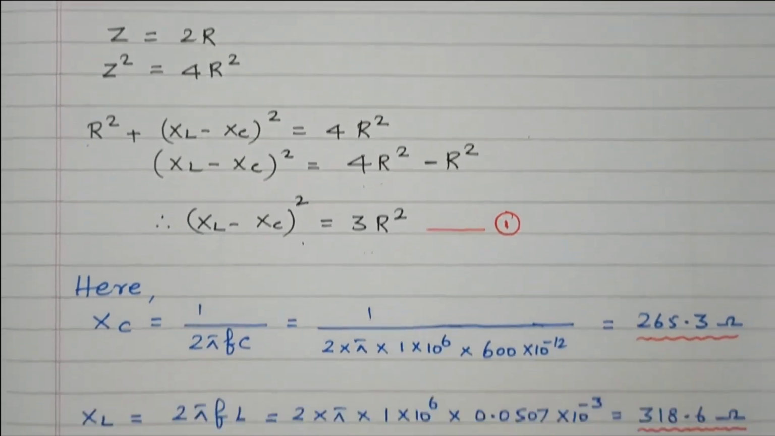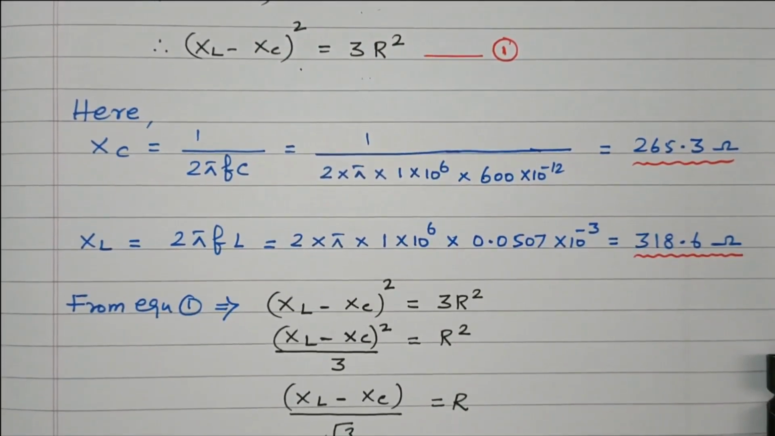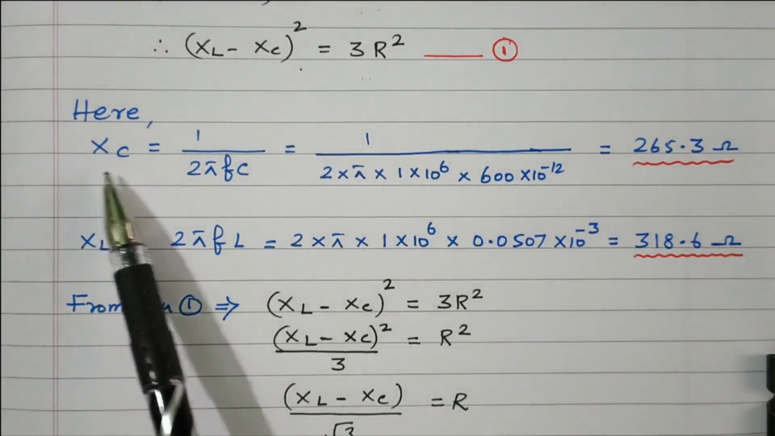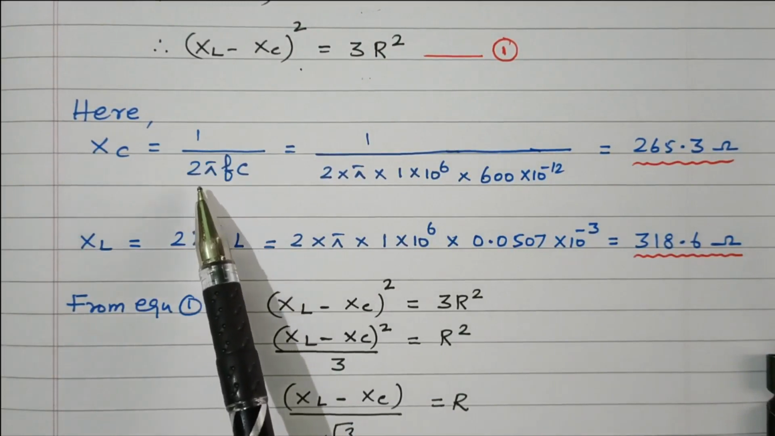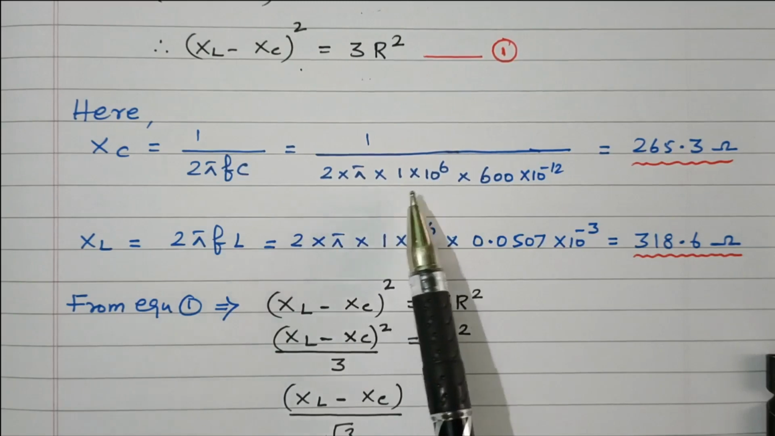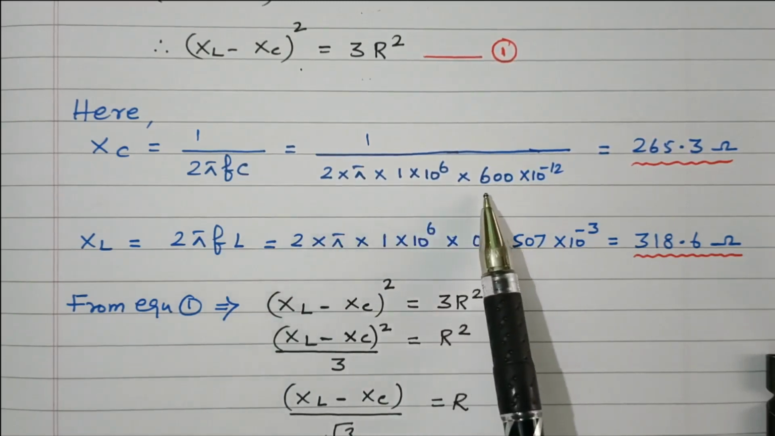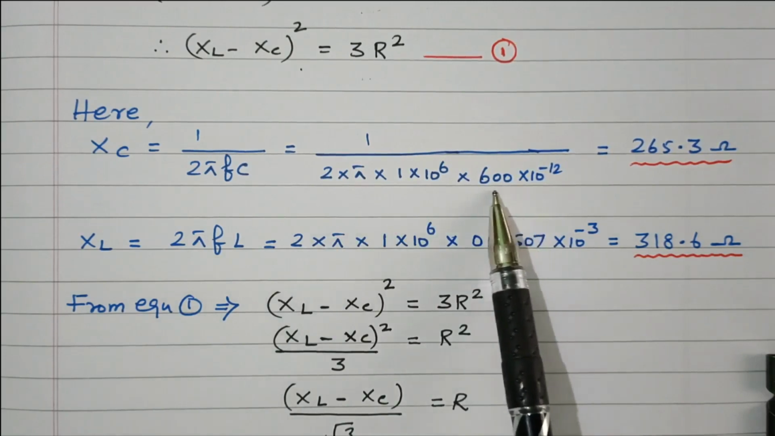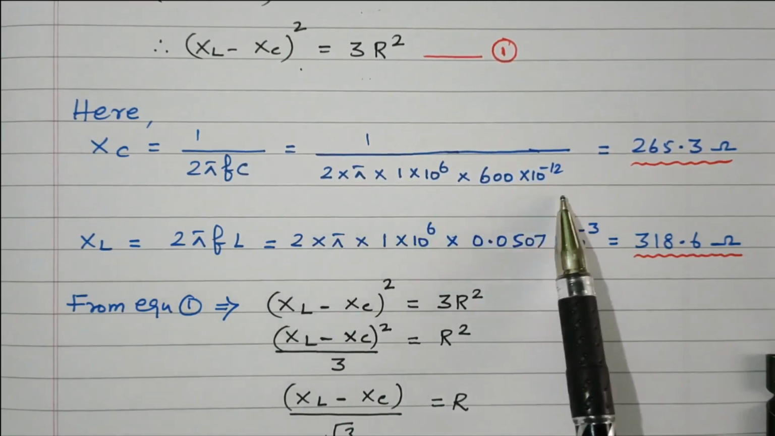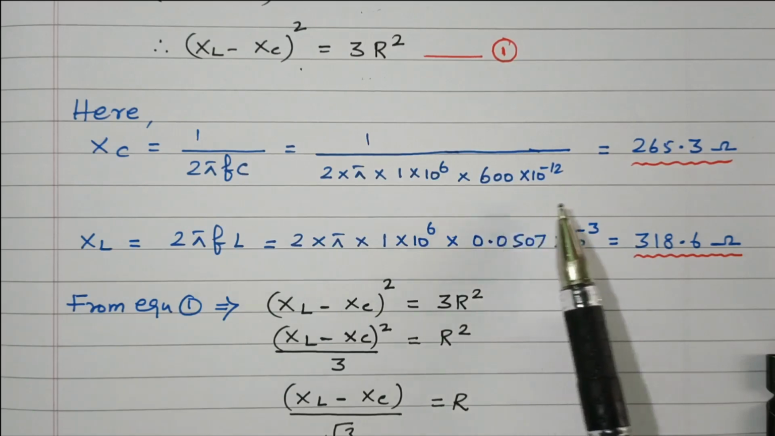Now we'll find the XC and XL values, the capacitive reactance and inductive reactance. We know that XC equal to 1 divided by 2 pi F into C. That is 1 divided by 2 into pi into F, where F is 1 into 10 to the power 6, 1 megahertz. C value is 600 picofarad, 600 into 10 to the power minus 12. By simplifying, we got